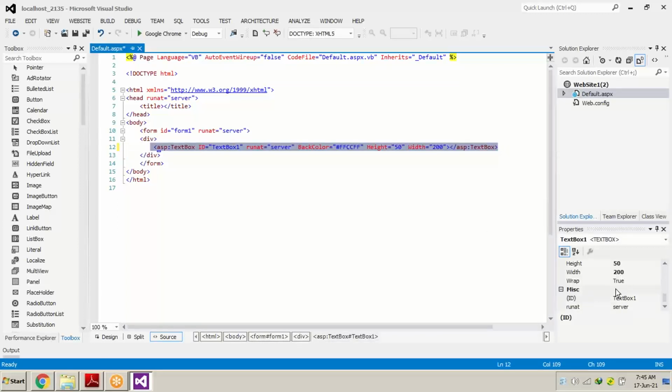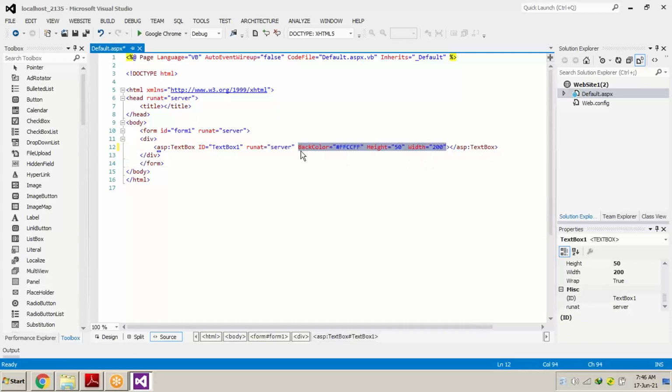Whatever property I am changing in the property box of TextBox1, that property is automatically added in the control's HTML code. I don't have to write the HTML code, though I can write it if you are very familiar with it, and if you want to increase the time of the designing part, you can go ahead and write the entire property part in your text box.